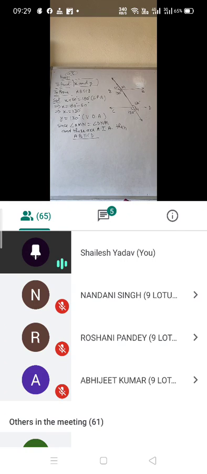Okay students, now I am going to complete this revision section of lines and angles. If any other student is having a problem regarding any other chapter and wants revision of that chapter, then ask me, otherwise I will start chapter number 8, that is quadrilaterals. Does any student want to ask any other question from any chapter?